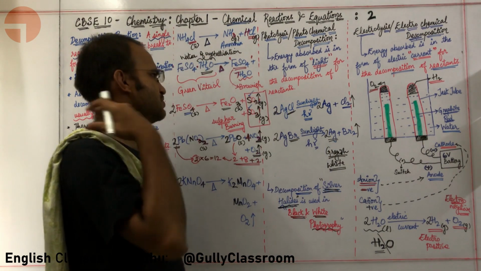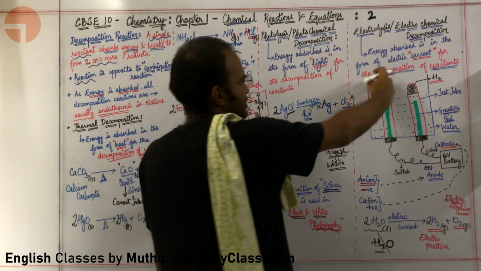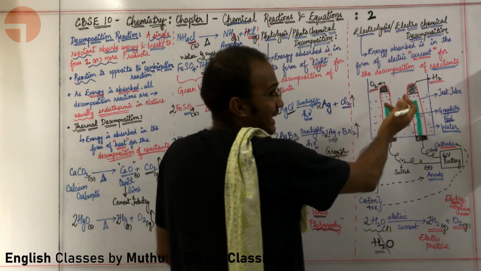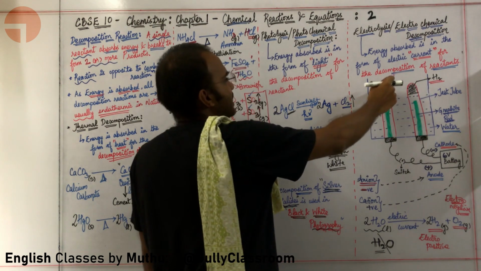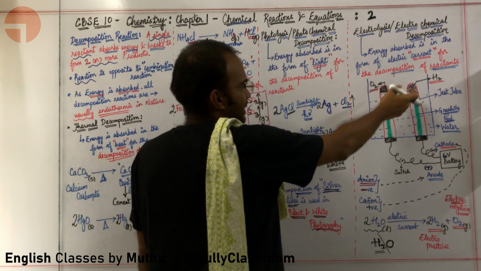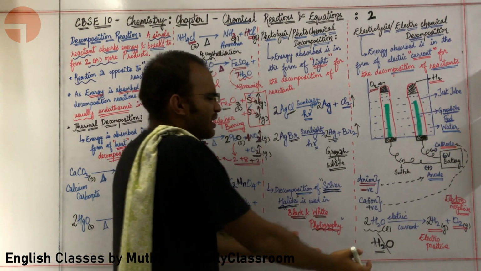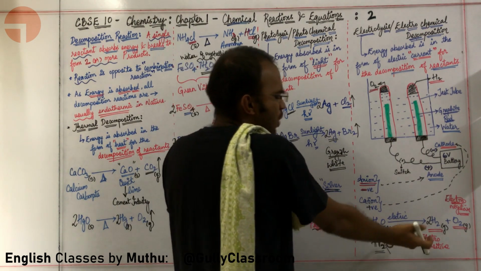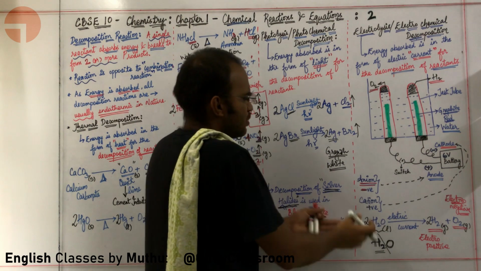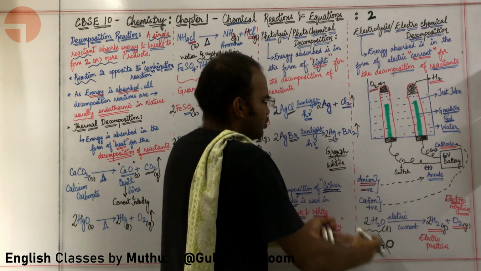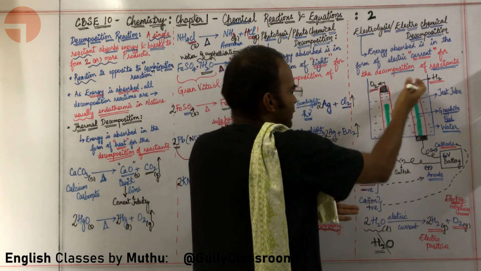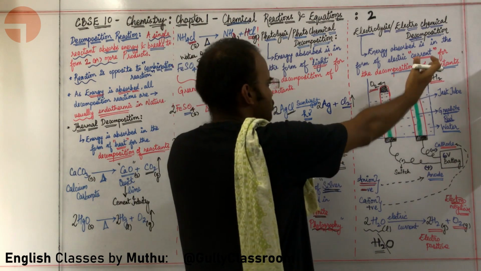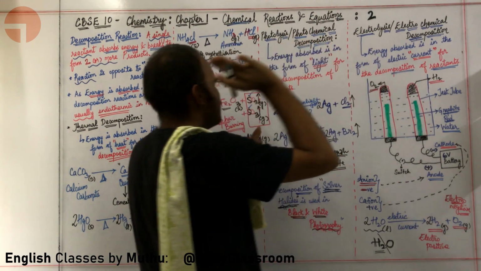What kind of questions will be asked? Questions based on this particular topic. Why is the volume of hydrogen collected double that of the volume of oxygen collected in electrolysis of water? Because each molecule of water contains 2 atoms of hydrogen and 1 atom of oxygen. So for every broken molecule you will get 2 hydrogen and just 1 oxygen. So hydrogen has to be double the volume of oxygen.